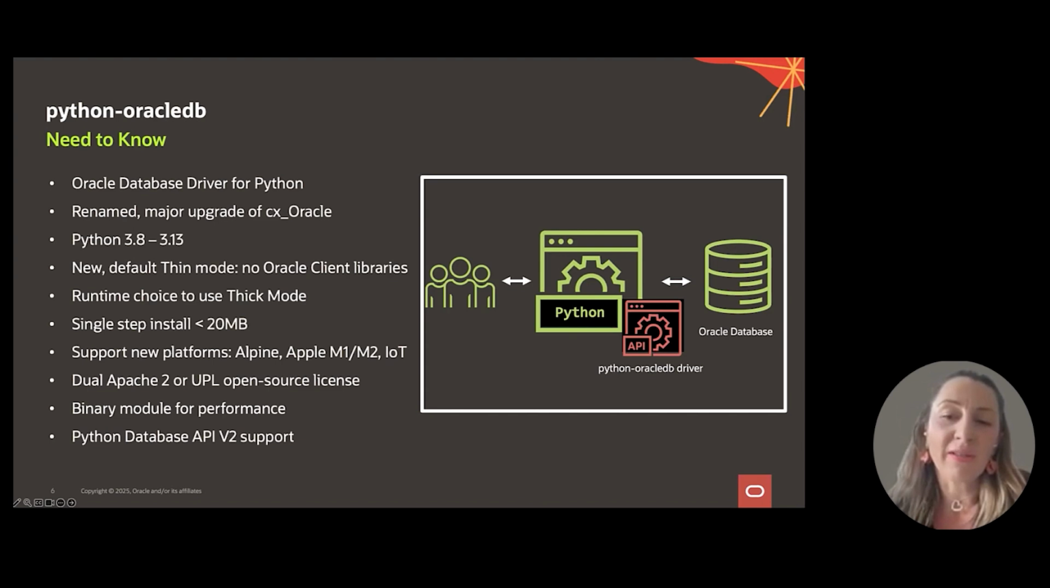NNE or ACTAC, these are only available in thick mode. And our team is working on bringing this to thin mode too, so you don't need those client libraries installed at all. In terms of support, we have support for Python 3, and then we continue to support Python's